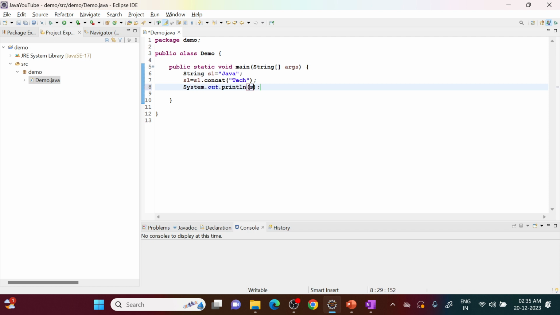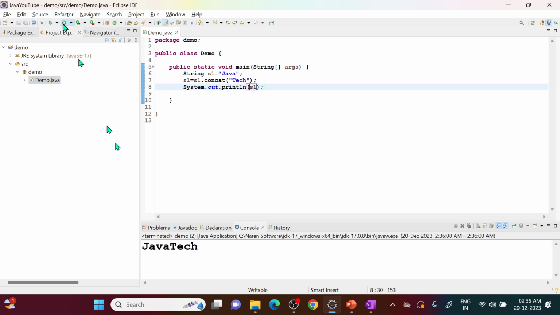In this case, if we print s1, it will print Java text. So I told you,